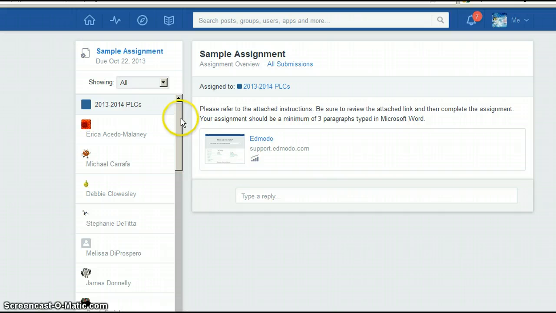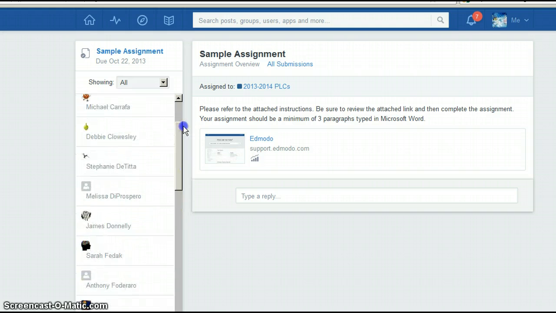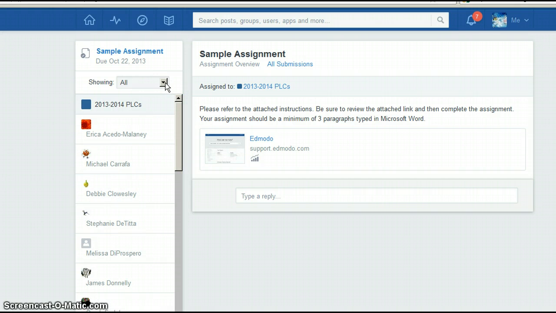And here we can see, again, the names that we're seeing in here are just your colleagues who are also enrolled in this course. They didn't have to do this assignment, but you'll see all of your students. And then you can sort this. So again, right now it's showing all. You can show